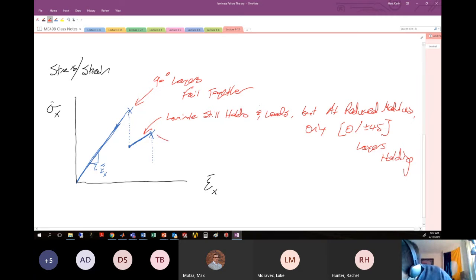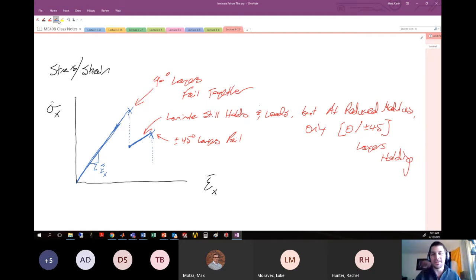At this particular point, the plus minus 45 layers fail. There we go. We've again lost a bunch of our load carrying capability, lost a lot of energy associated with